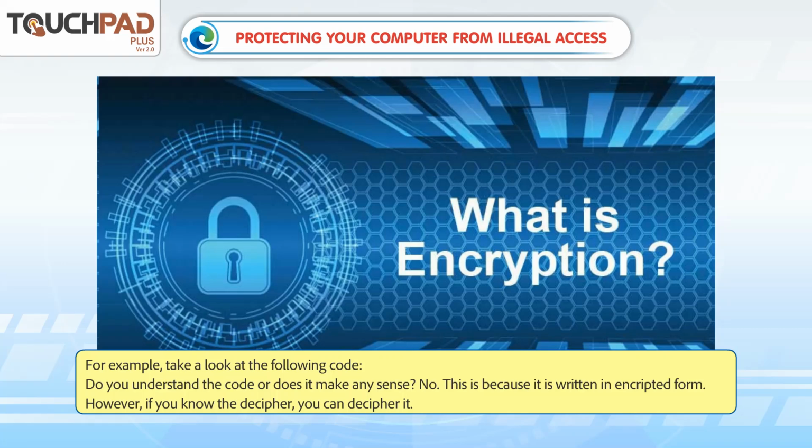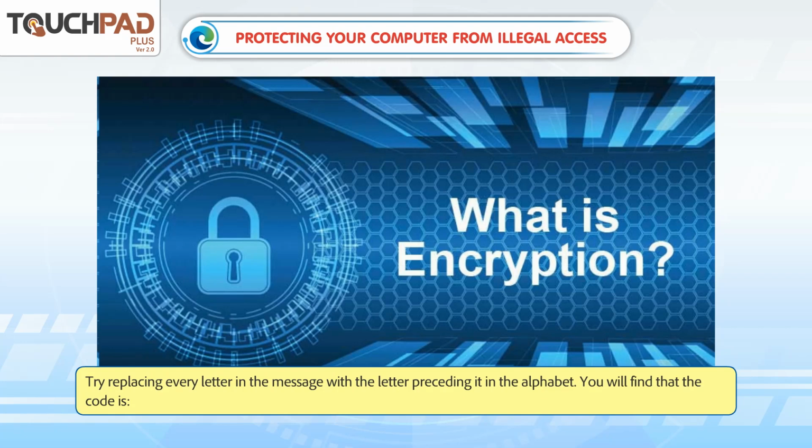For example, take a look at the following code. Do you understand the code, or does it make any sense? No. This is because it is written in encrypted form. However, if you know the decipher, you can decipher it. Try replacing every letter in the message with the letter preceding it in the alphabet. You will find that the code